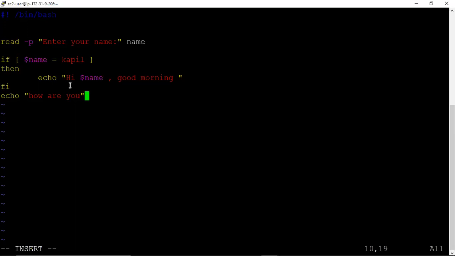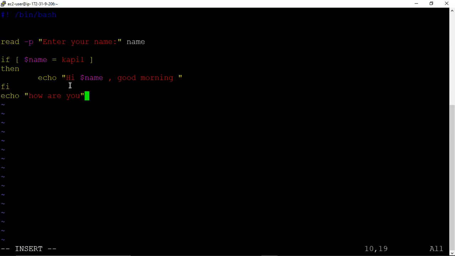So whenever you study a new command, it is always recommended to run the same command using a scripting file. When we use only one command with the help of a script, that will be time consuming, but still you should know the concept of script very well.